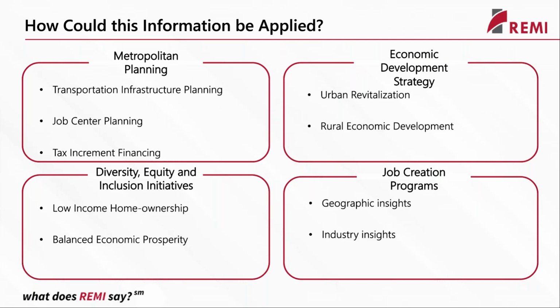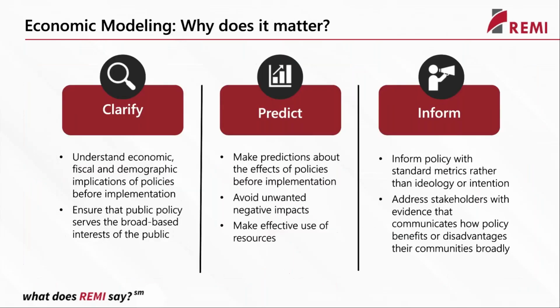And of course, for job creation programs and diversity, equity, and inclusion initiatives, what the power of this model does is it helps clarify some of those happenings in the economy, but it also is able to quantify. And that is kind of the crux of what the model does. This model is helpful because it not only clarifies what's going on and visually helps you see the linkages of different sectors in the economy, but it allows you to quantify exactly how much things are increasing or decreasing. This helps you avoid unwanted negative impacts. It might show some impacts that weren't necessarily anticipated.